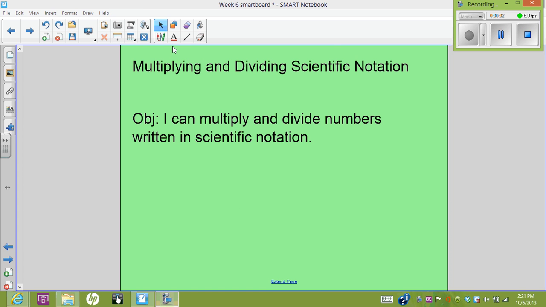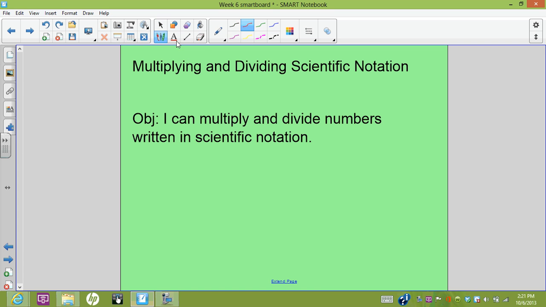Guys, our topic for today is multiplying and dividing scientific notation. We've been working with scientific notation for a few days now, so hopefully you're getting pretty comfortable with it. And as we've talked in class, scientific notation is used in the science world frequently. It's used with astronomers, it's used in space measurement, it's used for little itty bitty tiny microscopic things that can only be measured with numbers like